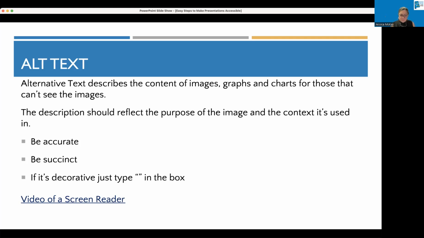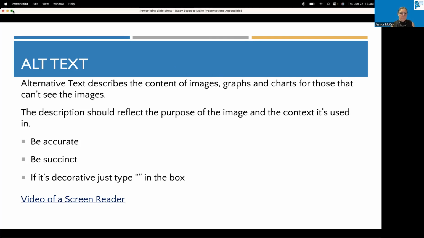And I'm going to show you a quick video that shows how a voice or a screen reader is going to see not just the image, but also some of those other things we were talking about in terms of the text, the font types, etc. Let me slide this over here.